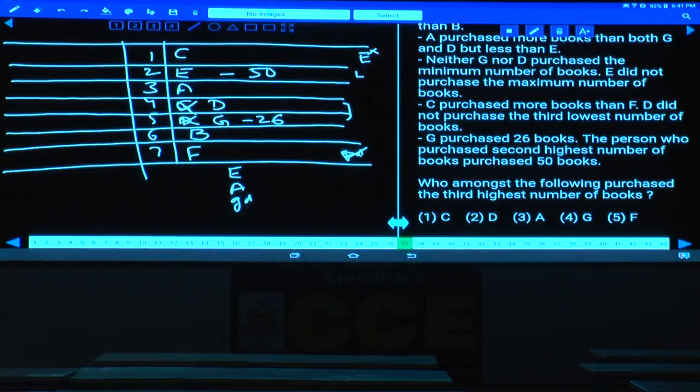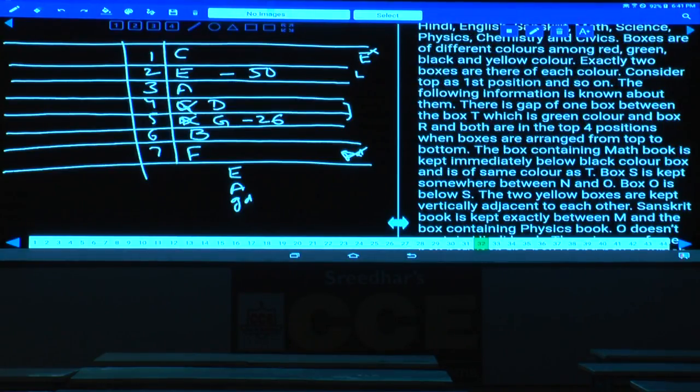Simple comparison based puzzle. Then 32 to 36. Now in questions 32 to 36, tell me